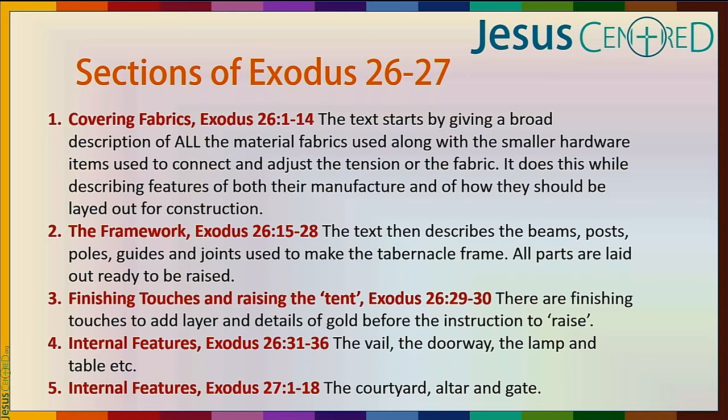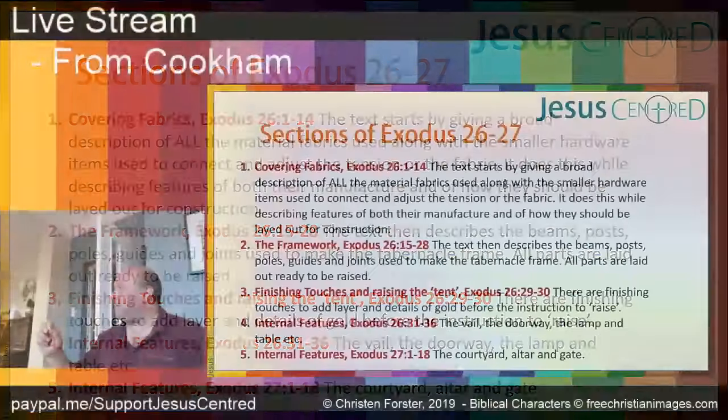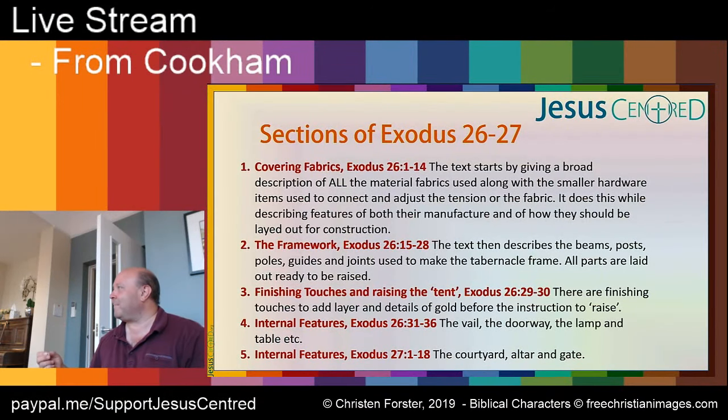So it starts by describing the covering fabrics. It describes them all, and the assumption we've made in the traditional model is that they all fit on top of each other, because of the use of words like covering and over. But very often they're Hebrew prefixes which are slightly broader in their meaning. For instance, the Hebrew word that means over can also mean around, in the same way that if I have an overcoat, I don't put it on my head, it actually surrounds me. We do the same in English. Over can mean two different things.